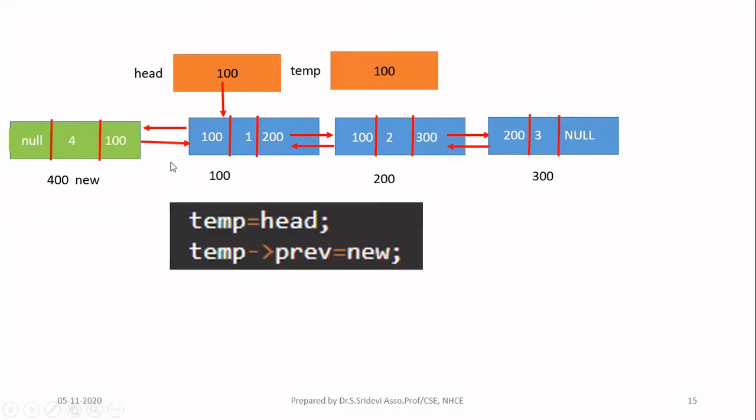So now you can see the next difference. I have created this arrow. The second arrow is created in the previous slide. Now I want to create the first arrow. So what I'm doing here in this, I'm storing the address of 100 here. So how to do that? In order to store this, first, I'm going to copy this head in a temporary variable called temp. So now temp contains 100. 100 is nothing but the address of this node. So temp is now pointing to this node. So in this node, in the previous field, you have to store this.